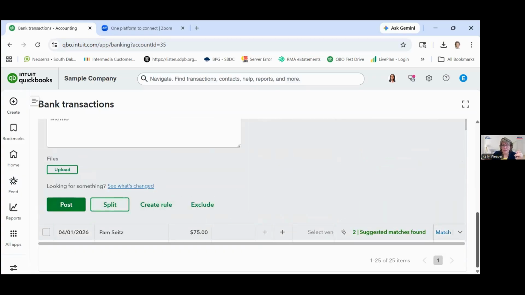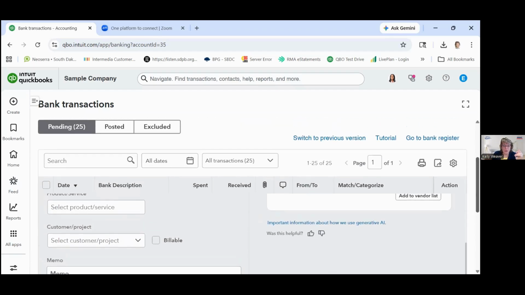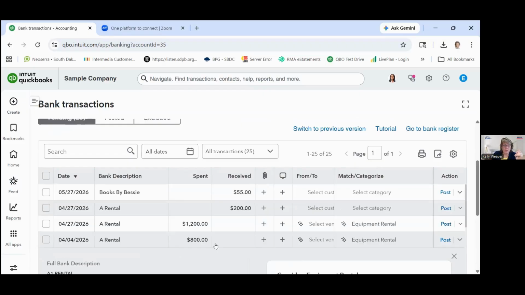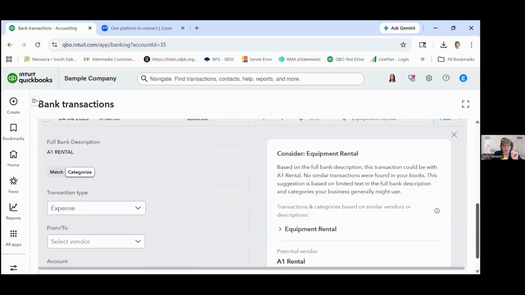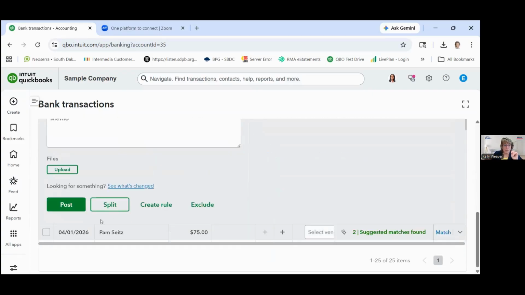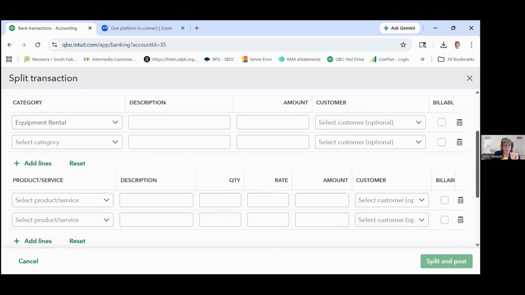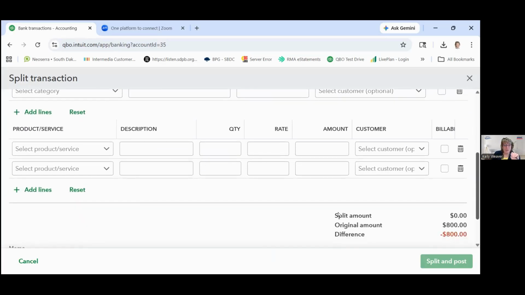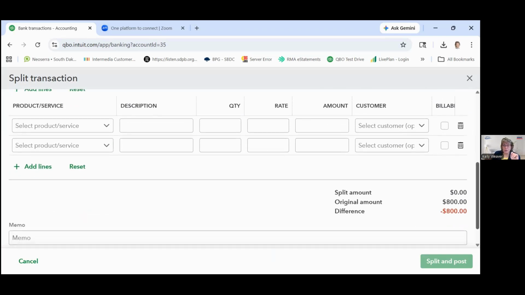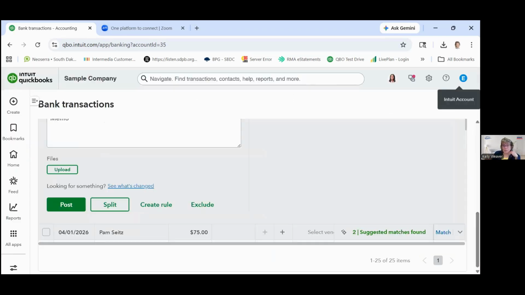Now, if I have, this is an account transaction. I should have changed my screen resolution so I could get a little bit more on my screen here. Perhaps this $800 goes to more than one account. That is what this split button down here is for. So I can split it into more than one account. So this gives me a little bit better view of what I can do, and then I can put a description for each line item and an amount for each line item. And if I'm buying products and services that are inventory items, I can put those on there too. And then I can post from this window as well.